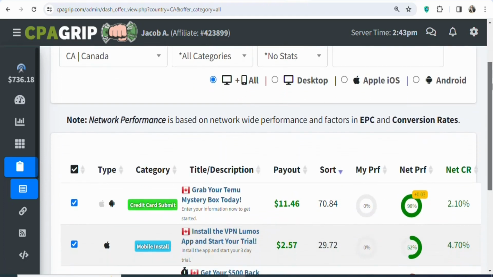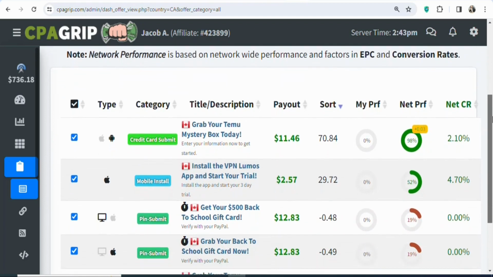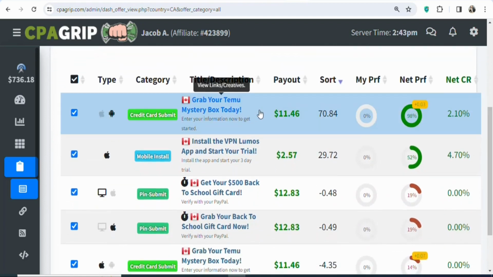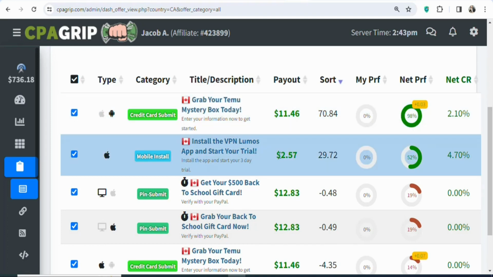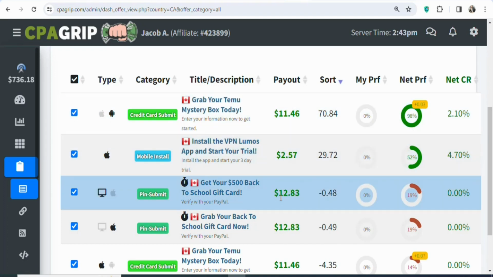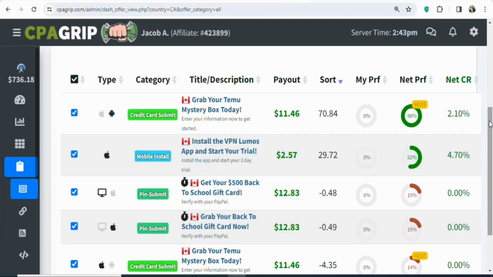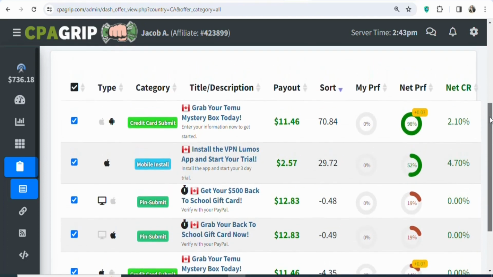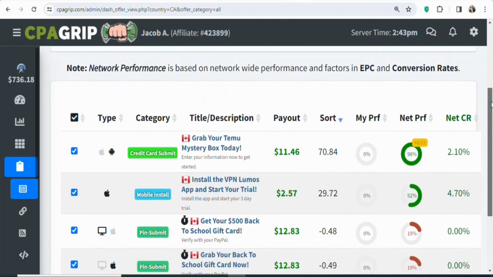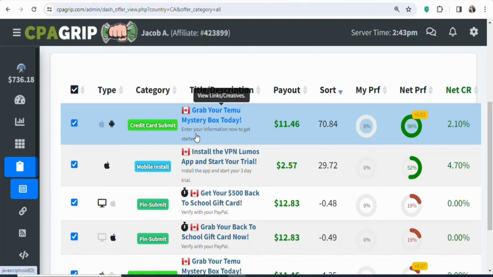When you scroll down, you can see a lot of different offers that you can promote to earn money from home. You can see the first offer, the payout is $11.46. The second one is $2.57. The third one is $12.83, and you can see many others. Any of the offers that you want, you can click on it and then promote it so that you can be making money from home. If you want the first one, you can click on it so that you can promote it and then get people to enter their credit card details so that you can be paid